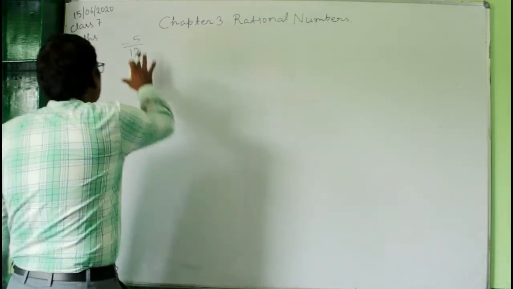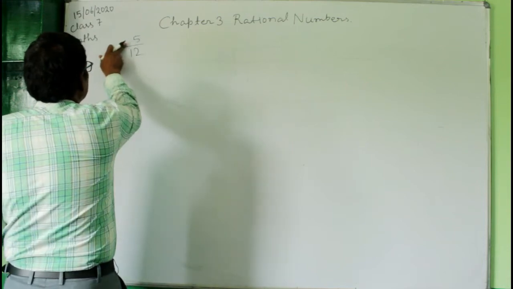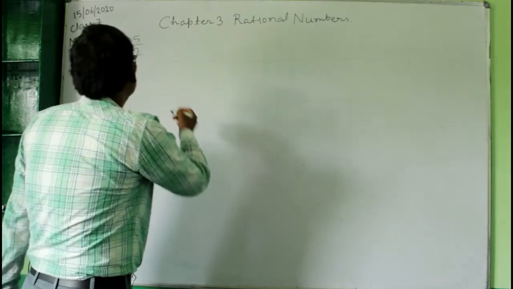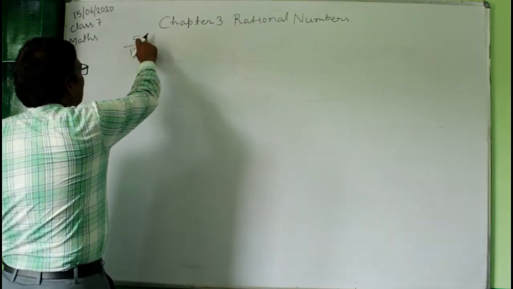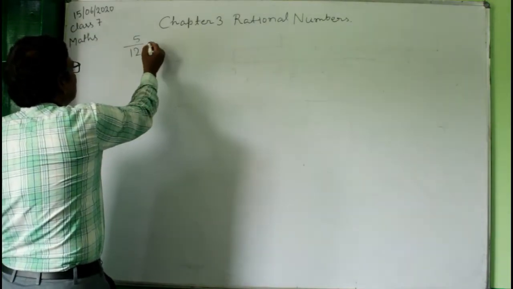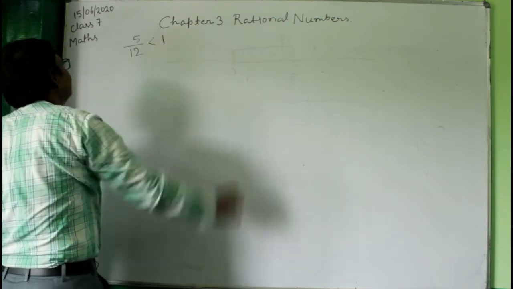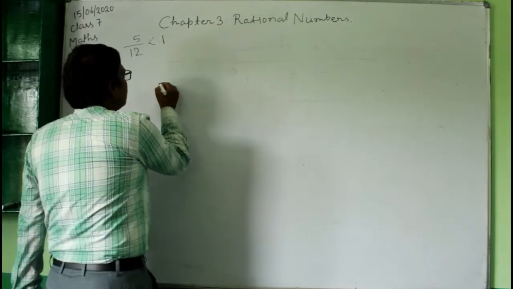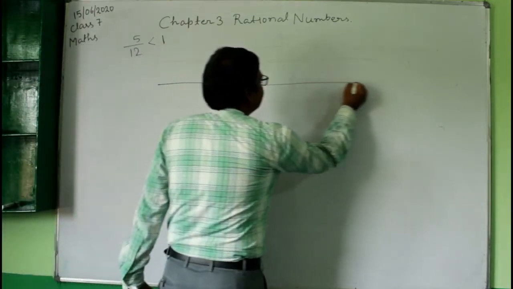So here it is 5 by 12. Just remove the negative sign and see 5 by 12. Because the numerator is 5 and the denominator is 12, this number is actually less than 1. Okay, this number is less than 1. So if you draw the number line,